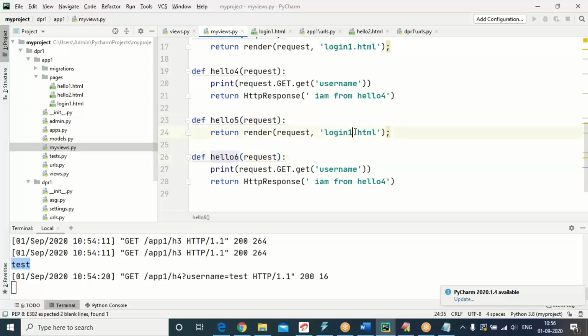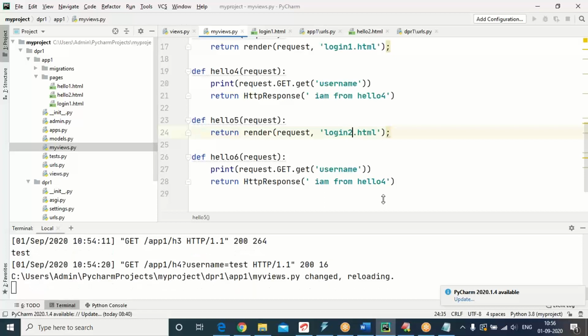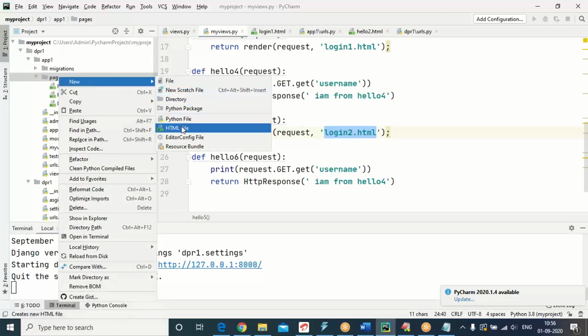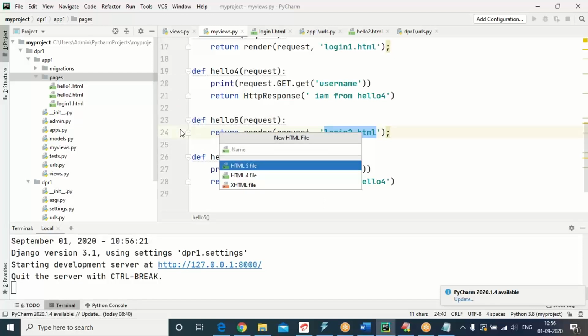In hello 5, let me return login 2. In login 2, I will be developing a form with post. Let us develop login 2. Right click on pages, go to new, select the HTML file.